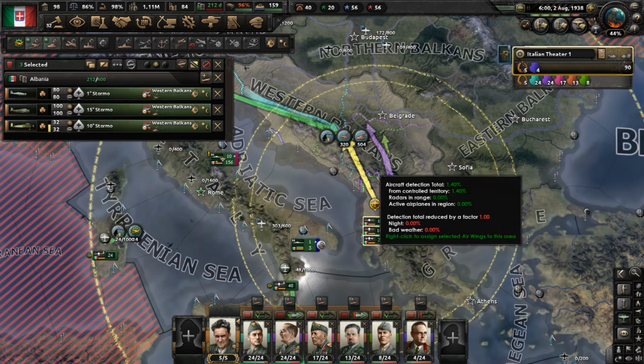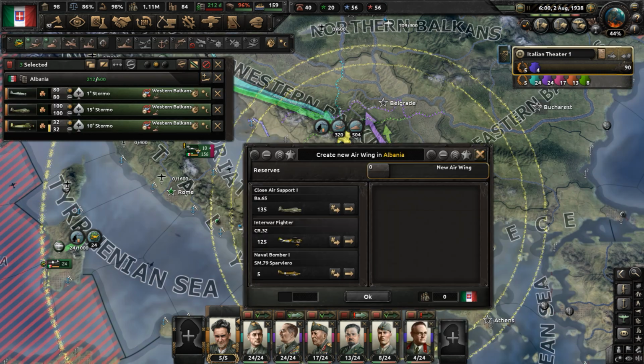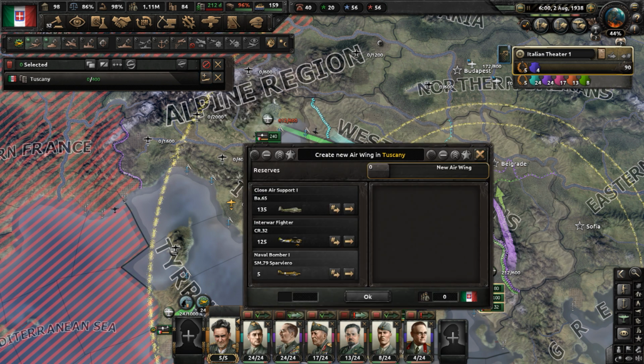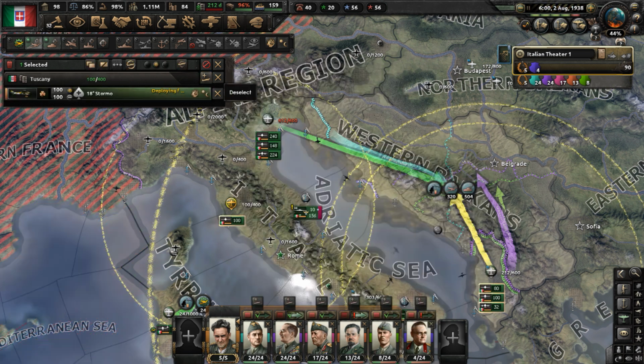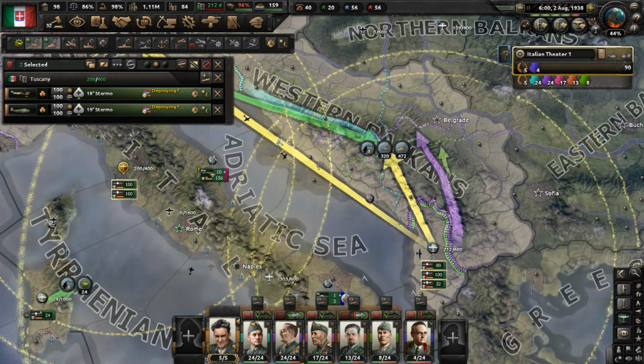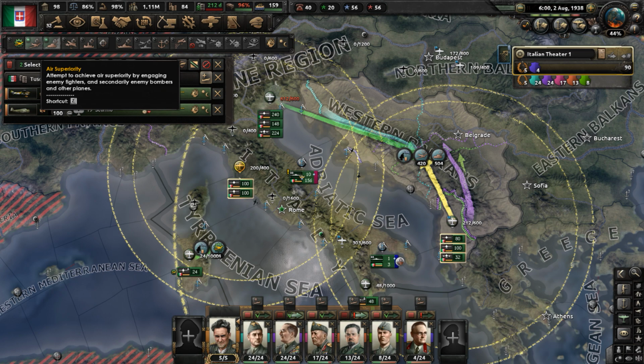We have more than 500 close air support planes going in and 320 fighters. We have more fighters we can produce. Yes, let's put them in Italy for now, in Tuscany, an air base there. These are going to be the reserve. They'll probably move to that air base we have in...